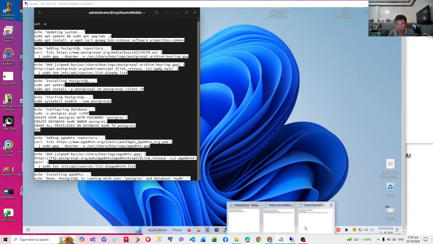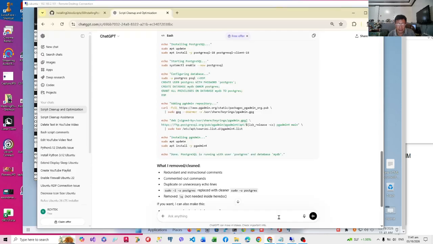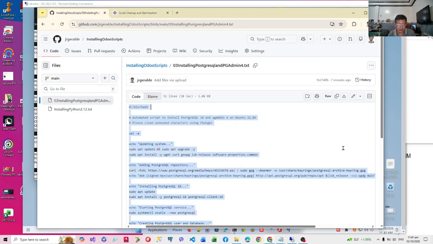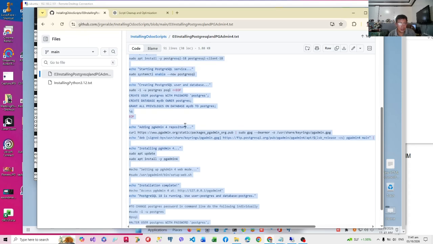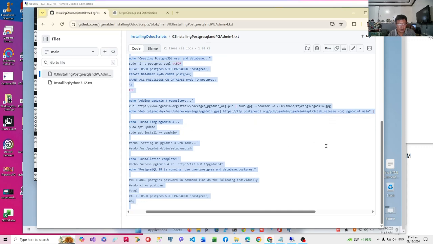Now later, after you have installed your Postgres, you may have difficulty connecting to PostgreSQL. That's probably because you must have installed the wrong user or password, although it's already encoded here. Now, if you want to customize your own credentials in PostgreSQL, in the script below, in the last 4 lines, I have a script which you can run in your terminal line per line.